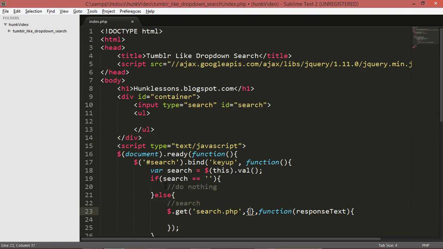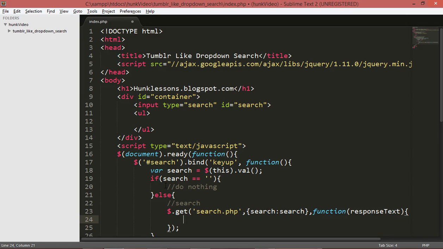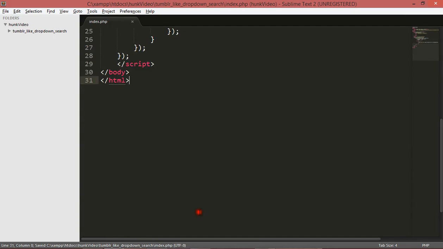We will send the data to the search.php page, and we'll name it search, which is the variable we have created. Okay, that's all for jQuery.